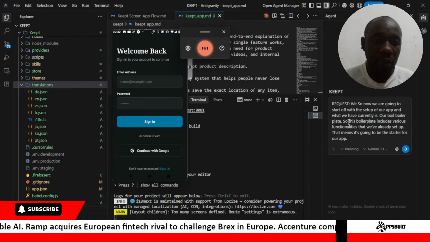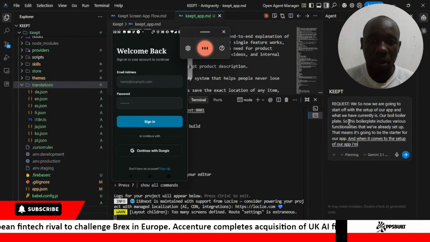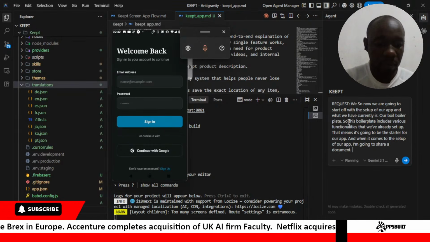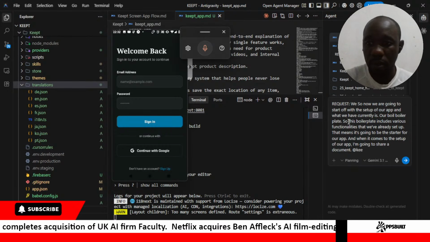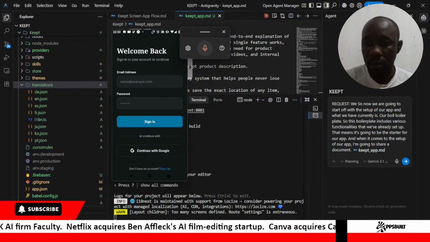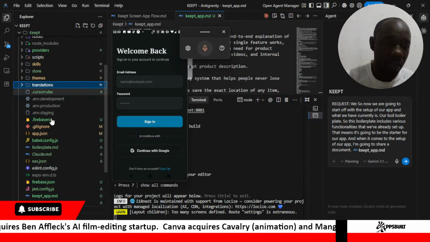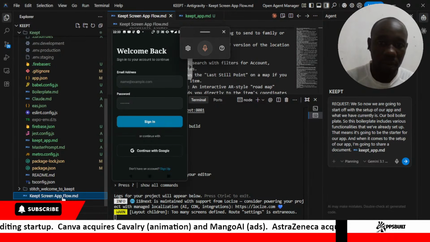And when it comes to the setup of our app, I'm going to share a document. So let's refresh that document. We are also going to look for another document that we have here, which is the kept flow.